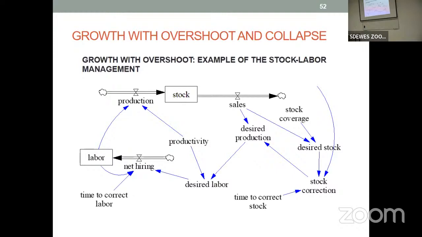Well, another example, but more for economy, just the production, labor, productivity. Well, I'm going to explain anyway. This is a different example from the environmental one, but we can use it anyway. Imagine we have, let's say, a company that produces anything, like tables or chairs or whatever, or computers. So we have a production, the production increases our stock of tables, so we have sales, and the sales